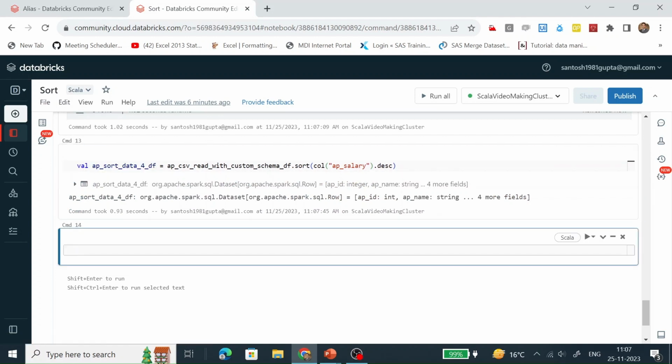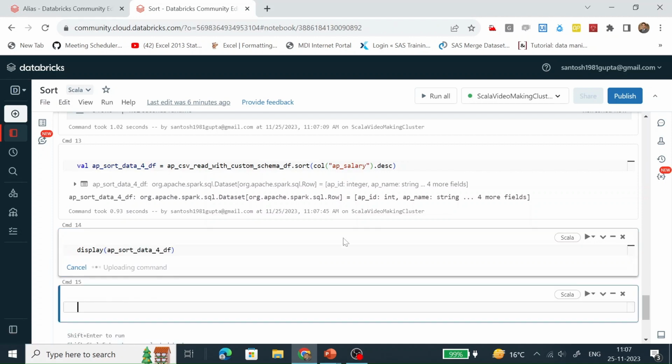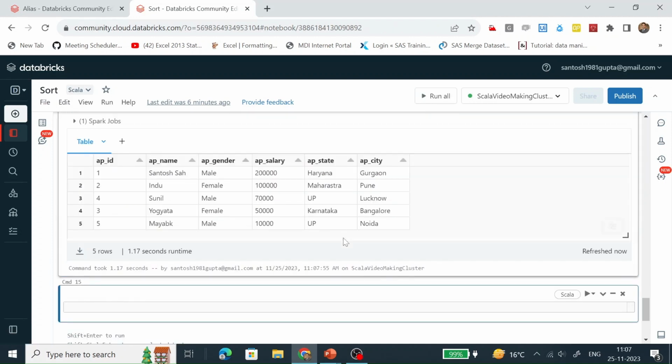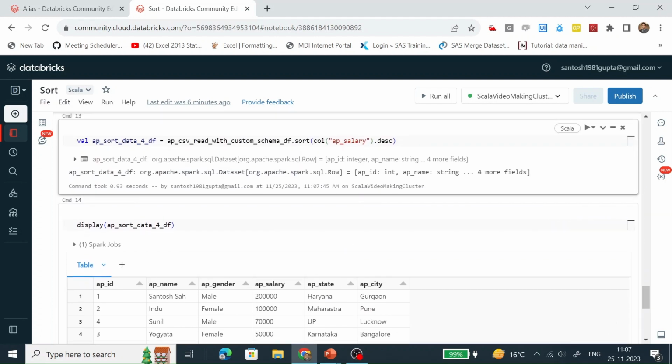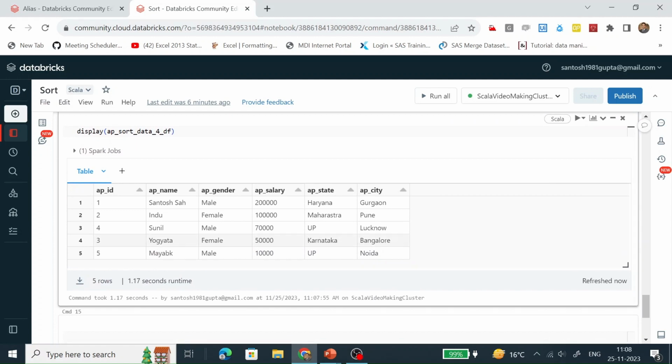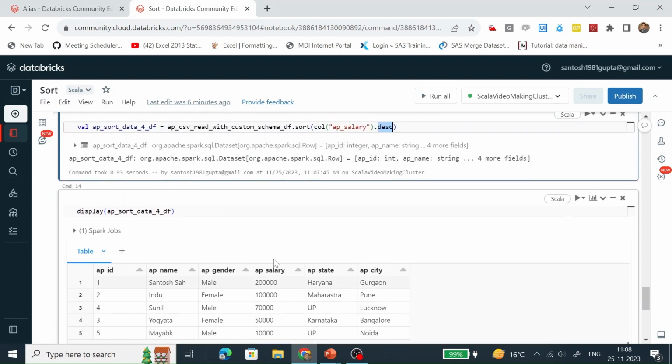Let's display it. So now this AP salary we have sorted in descending order. So how is it organized or sorted? First the highest value and then the lowest value.